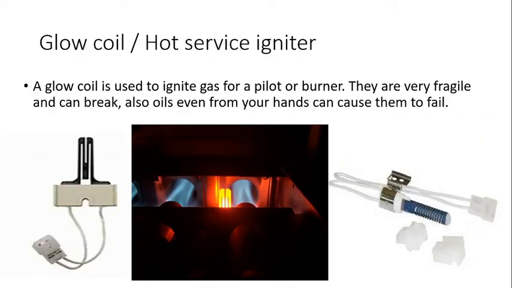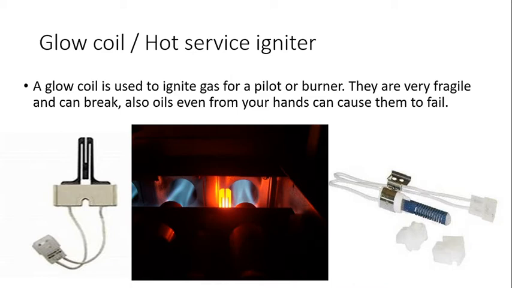Glow coils are hot surface igniters. These are items that are either low voltage or high voltage. You can do this with 24 volt, just depends on the size of the wire that gets hot, or they use 110 voltage. In this case, you can see the middle picture is one that's actually working,